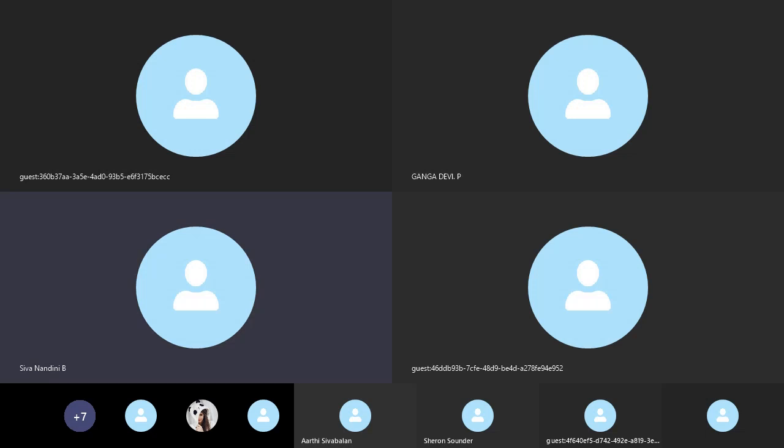Next, we will see the design flow in the EasyEDA software tool. Go to slide 6. Here in the EasyEDA software tool, first we'll be opening an editor window.